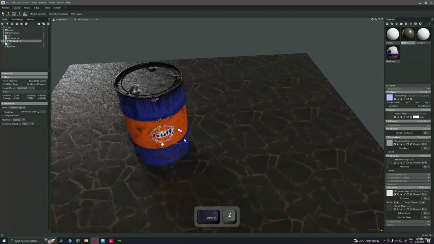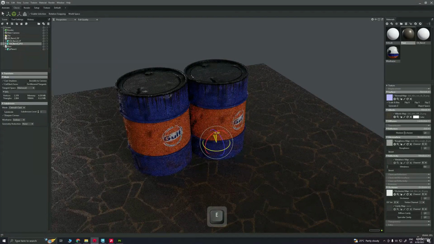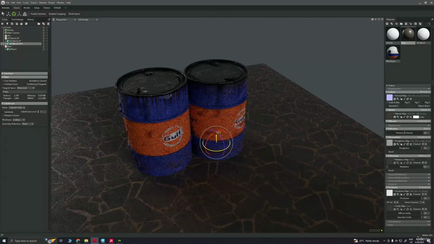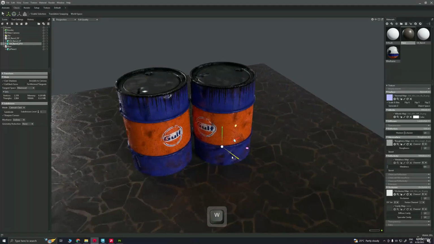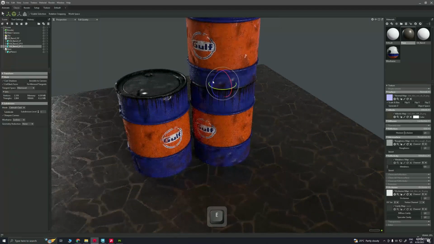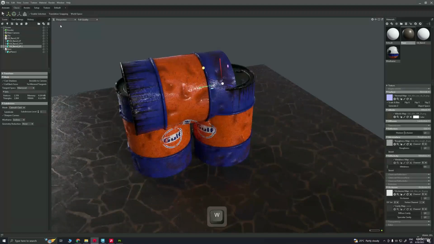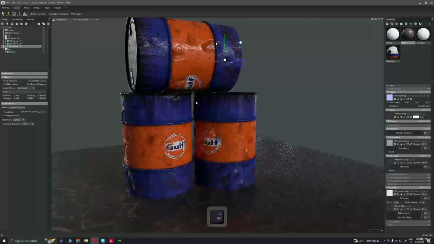to the left, and press Ctrl D, and you can duplicate it. So instead of showing only one barrel here, you can show multiple barrels. Let's create some variations. Let's move this forward, and let's create one more duplicate of this. Let's rotate it and place it like this. Let's enable rotation snapping. Let's rotate it 90 degrees, and world space, click on the orientation world space, and